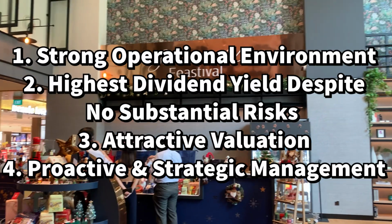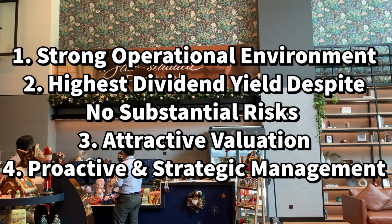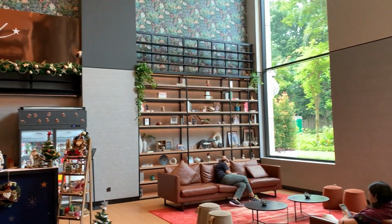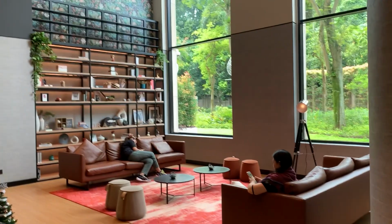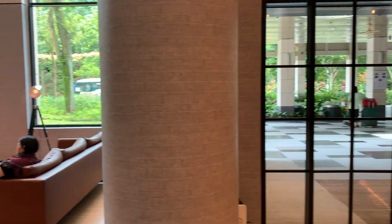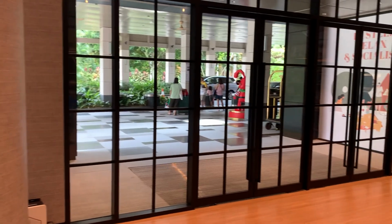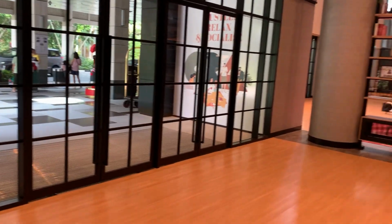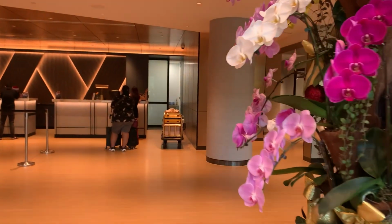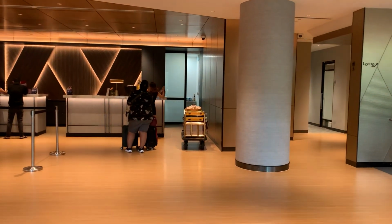4. Proactive and strategic management. CapitaLand Ascott Trust's management team is highly proactive in optimizing the portfolio. They have a clear strategy to enhance value by divesting older properties that require significant capital expenditures and acquiring newer, high-potential assets. Recently, the trust has been actively involved in negotiations for several potential acquisitions, reinforcing its commitment to rebalancing